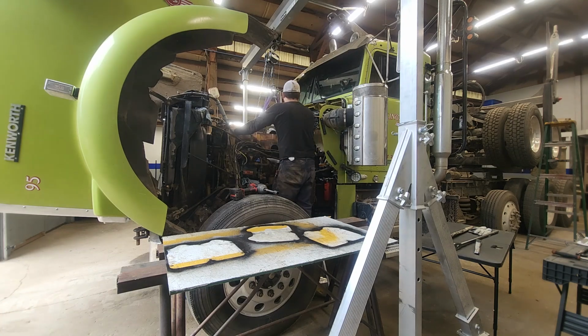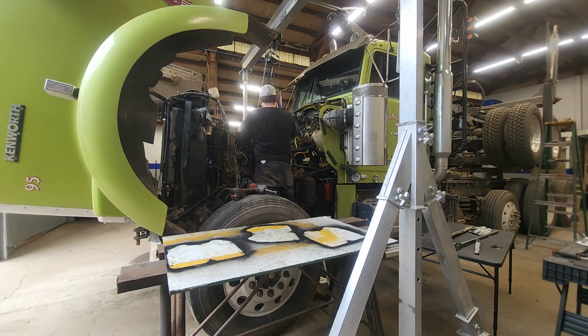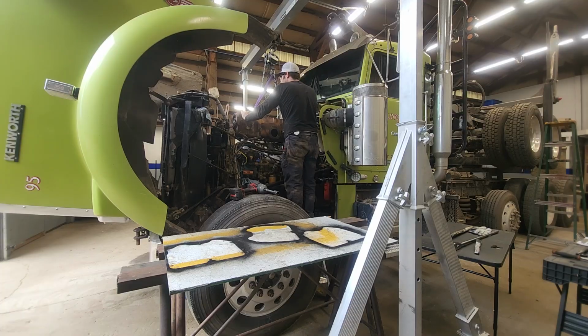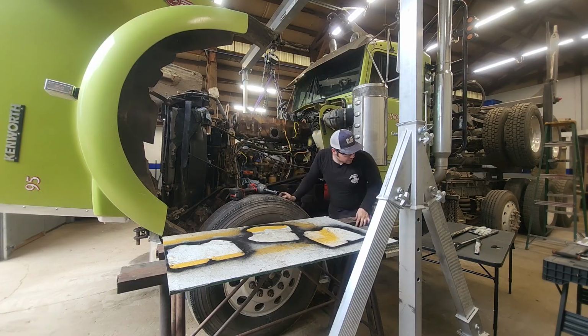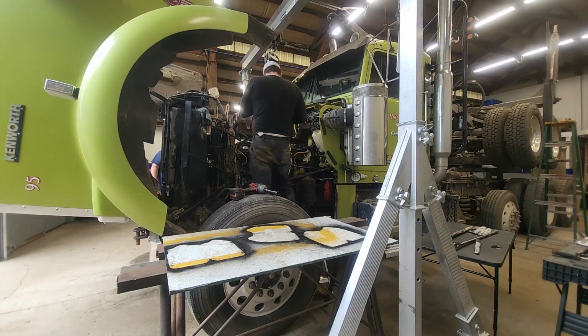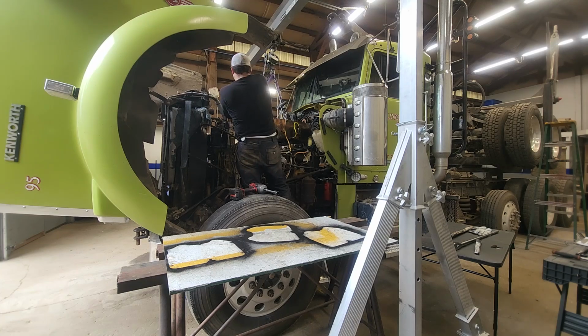So I just have a manual chainfall here. Everything here is rated at 2,000 pounds, which is much more than the cylinder head assembly weighs. And yeah, it enables me to pick up the cylinder head here. So having some trouble here with the head. Didn't want to pick up really straight. It was picking up the back, and then it was kind of binding on the forward dowel. So what I ended up having to do was just try and reposition it. I'm going to get a chain hoist here and get the front end up higher. And if I can get the front end up higher, we're able to swing it out of the way